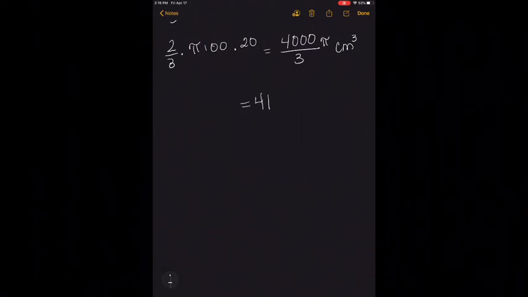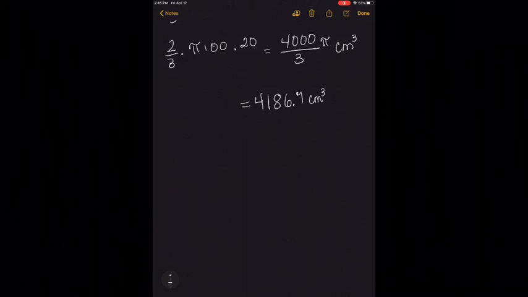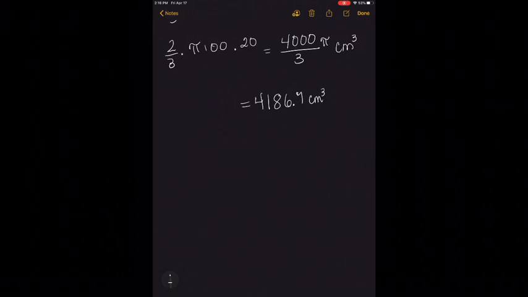And if we were to do that, we would find, which I'm not going to spend the time here multiplying out, y'all can do that on your own, 4,186.7 cubic centimeters. I do want you to work your way through these. I know these tend to be a little bit more challenging, but you do have the formulas right there. And I think you can